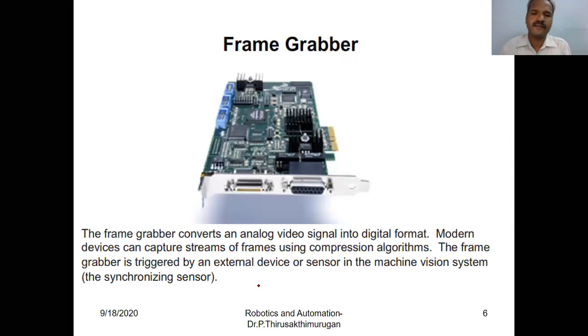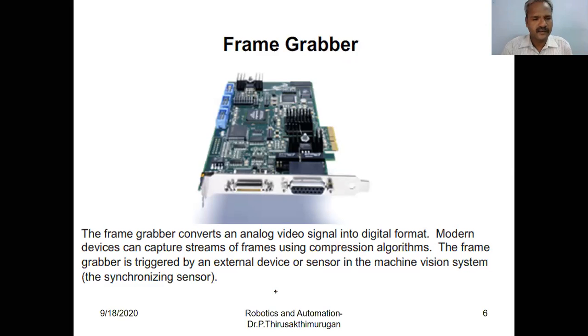This is the typical frame grabber module. The frame grabber converts the analog video signal into a digital format. There are two formats mostly, as color images are normally not preferred: in most cases gray signal or binary signal. Gray signals have 2 power 8 quantization levels, whereas binary has only 2, either 0 or 1.